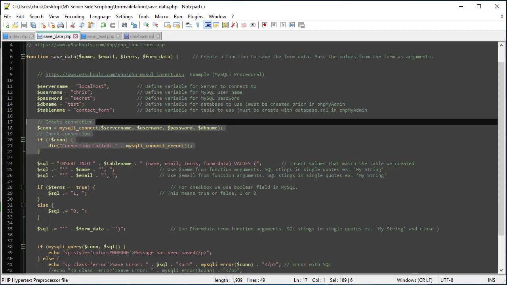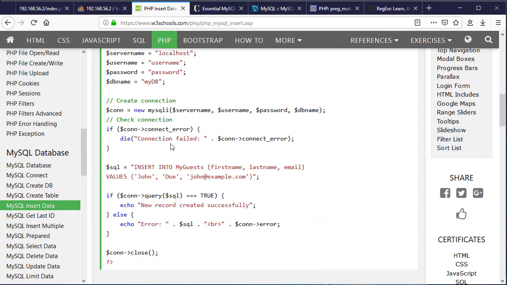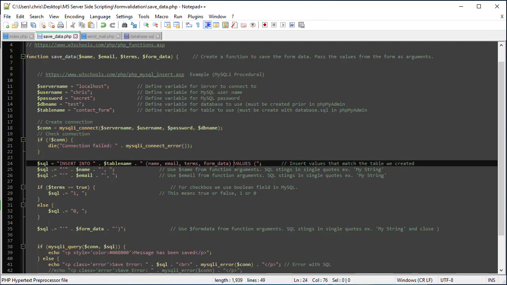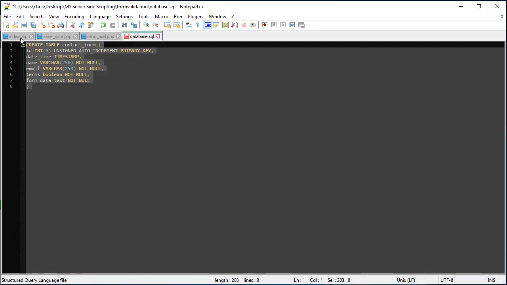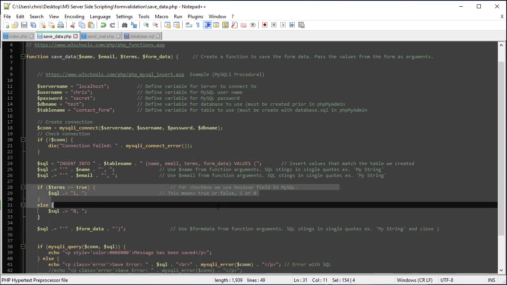Then here's our insert statement. If you go back to insert in that same MySQL section, it talks about inserting values. So these are SQL statements. So we're building our SQL statement: insert into our table name. These are the table fields that we created right here. And then we're putting in the data. So this section,